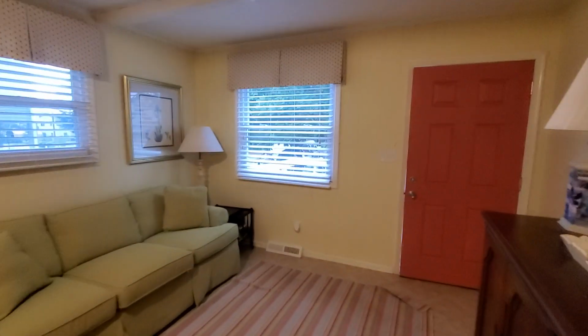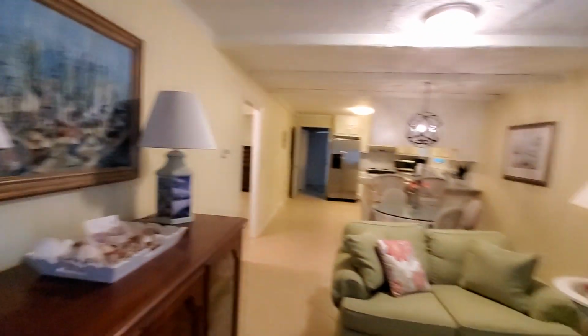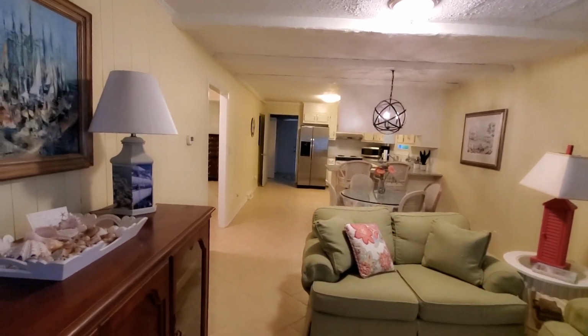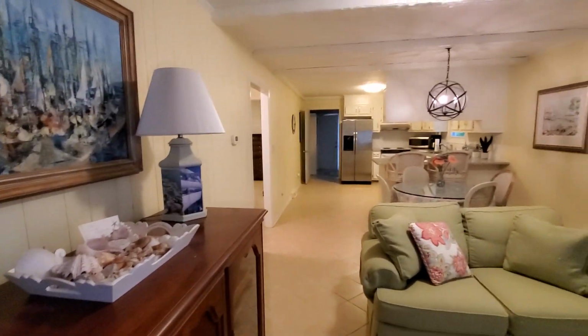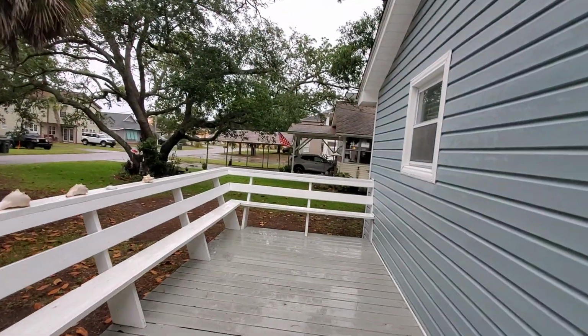We actually have the realtors coming in with a gentleman interested. The asking price on this is $449. And here is the outside with a nice spacious